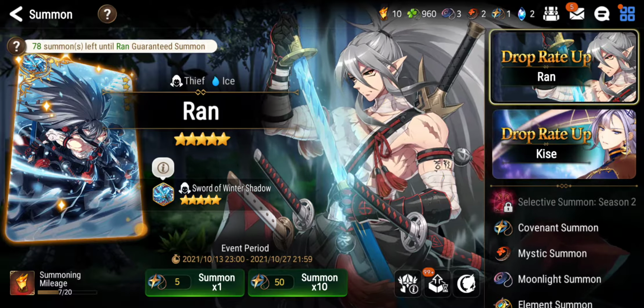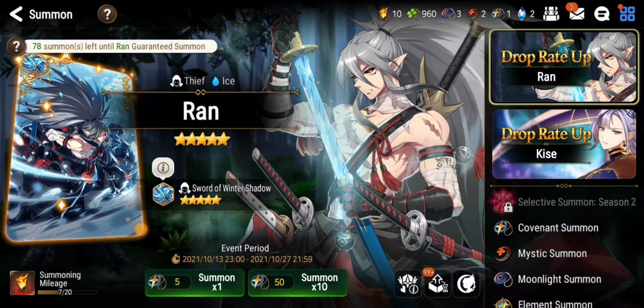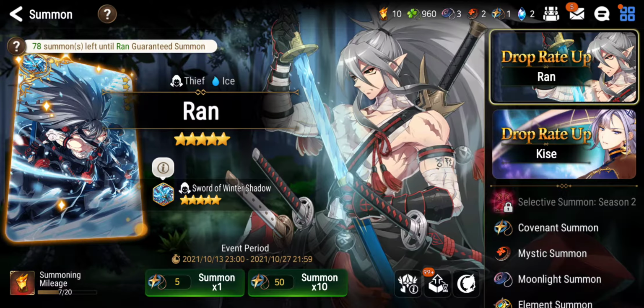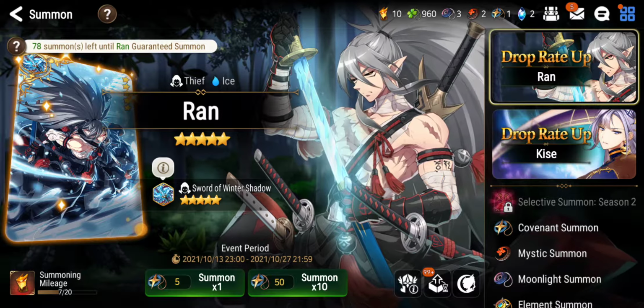Today's video is going to be a little different. We're going to be discussing Bran, the thief. As you can see, I've done some pulls for him. I've only got 2 of his artifacts. I didn't actually get him. And at this point, I'm not sure. I mean, I still might continue going for it, but I just want to talk about him as a unit